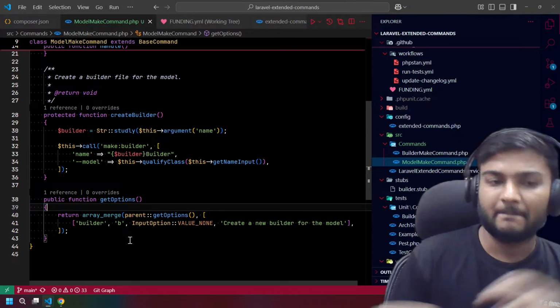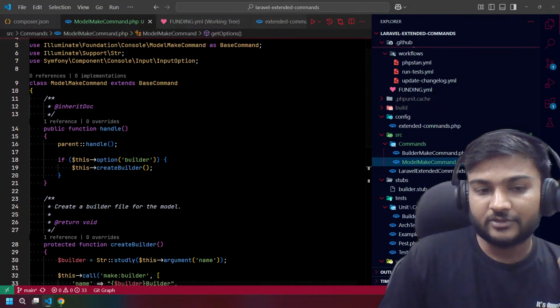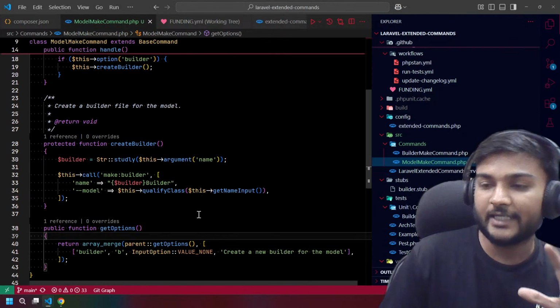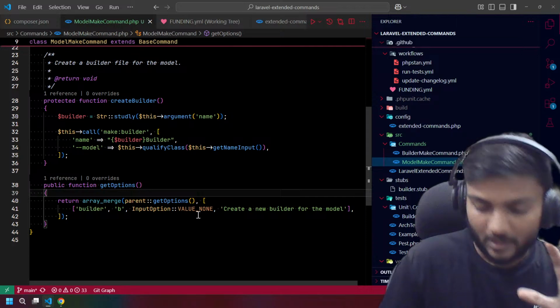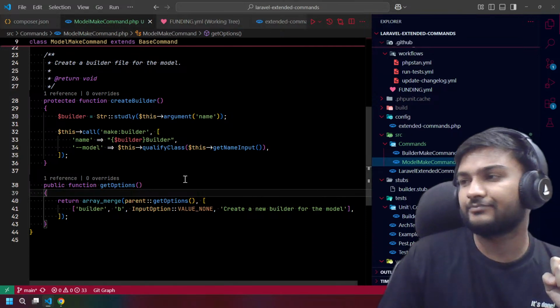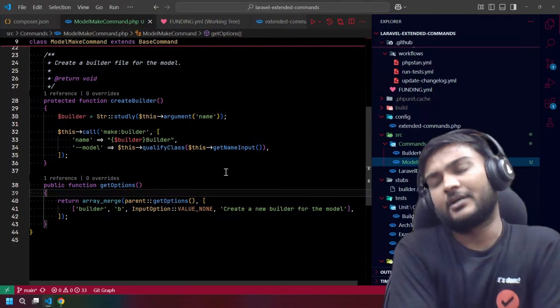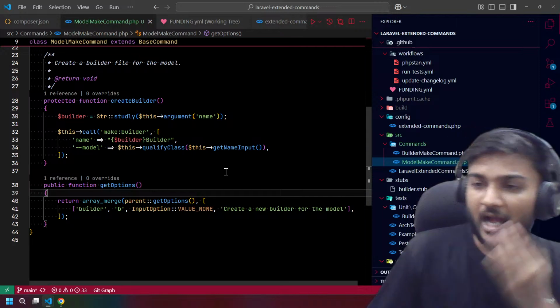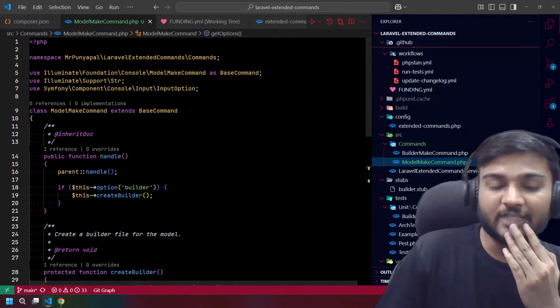But one more thing, right? What we actually did is we overrode the model command. But actually after doing this, we need to tell Laravel.